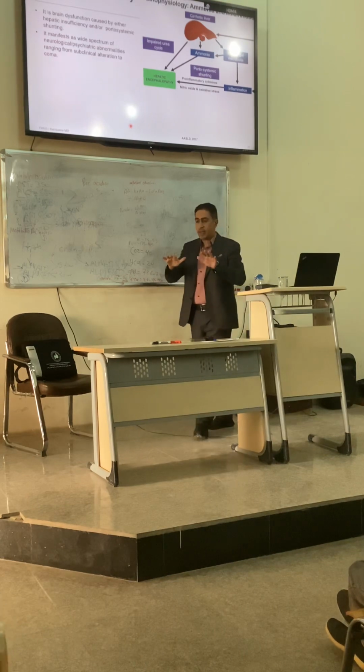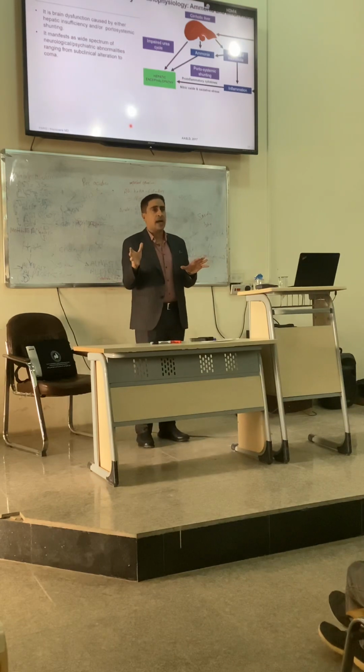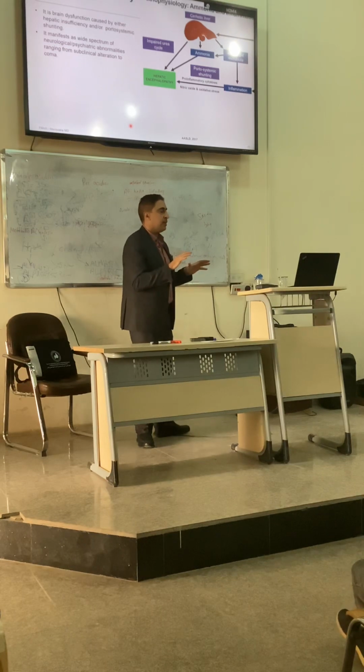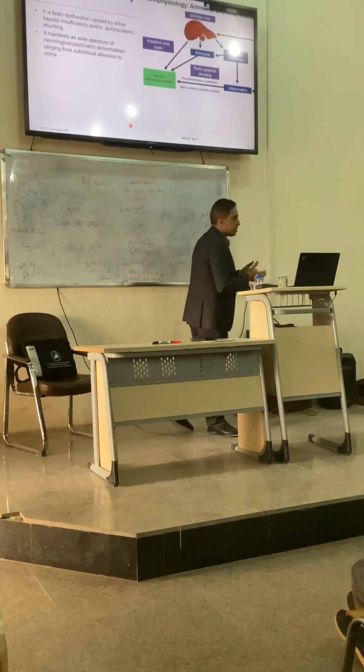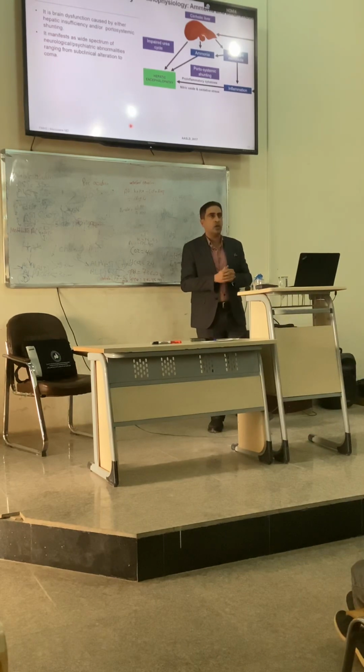They are living in peace because the number and the types of the commensal bacteria outweigh the harmful bacteria. But for some reason, a patient taking a lot of antibiotics or long-term antibiotics,